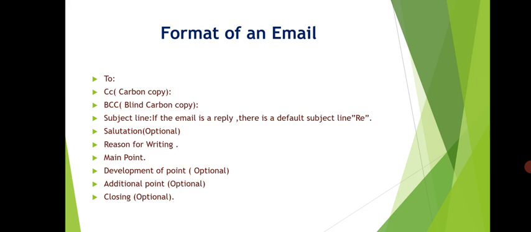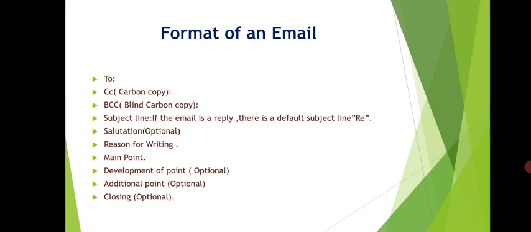The CC field in an email allows the sender to send a carbon copy of the email to someone apart from the recipient in the To field. So, do you get that? What is BCC? Just like how CC works in an email, BCC is also used to send a carbon copy of the email to someone, but there is a difference between these two.